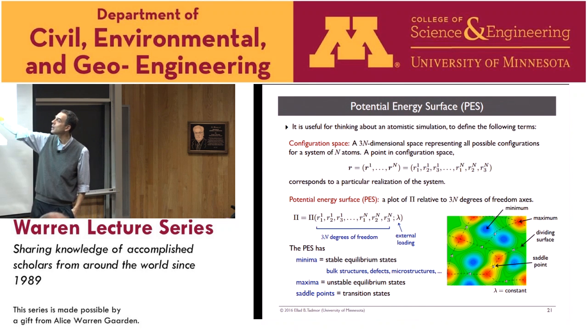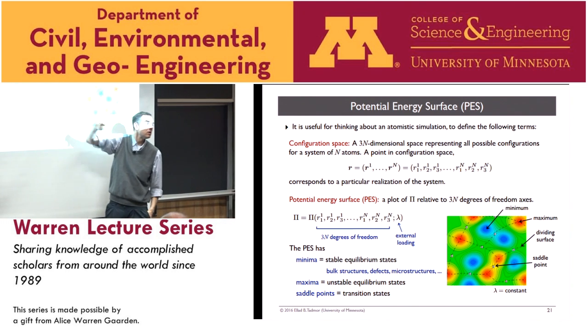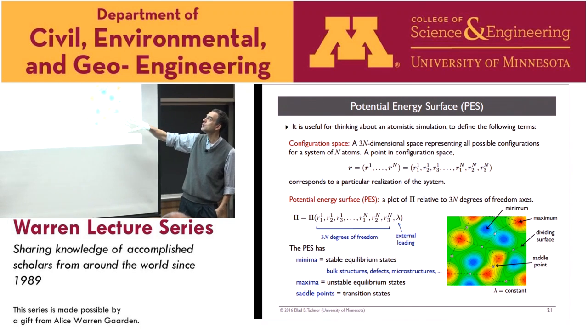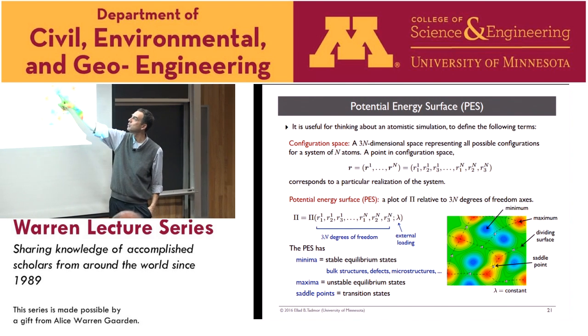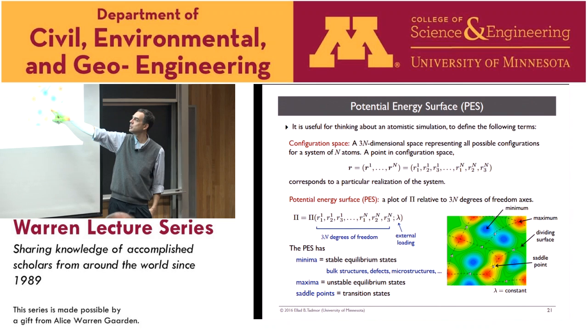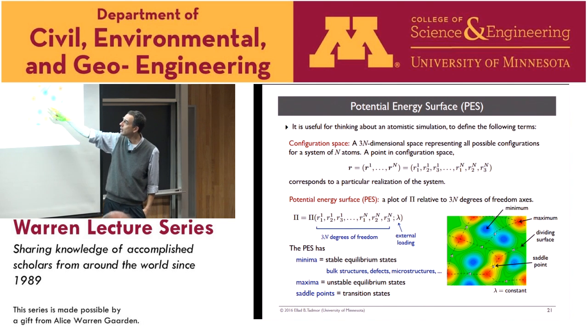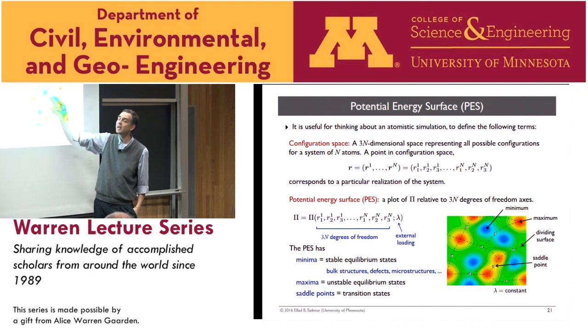And in 2D, it would look like this. If I only had 2 components, so if this was all I had, one atom with 2 components, I could draw the energy like this. And then you'll see that you'll have minima, which are these blue spots. You'll have maxima, which are these red spots. And then you'll have transitions between them, unstable states. So in this picture, these are the saddle points here.